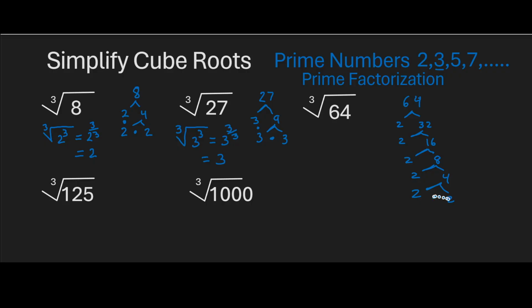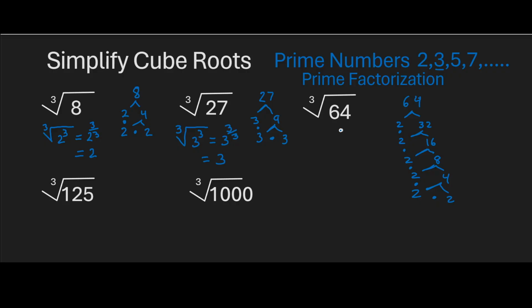Can you see that all these numbers are prime numbers? Okay. In that case, I'm going to be able to use this. And just to check the answer, all you have to do is go back multiplying. 2 times 2 is 4, times 2 is 8, times 2 is 16, times 2 is 32, times 2 is